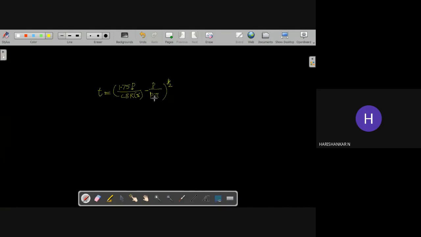So in this way, you can have an equation, and here capital P represents the wheel load, and small p represents the wheel pressure. Wheel load will be in kilogram, tyre pressure will be in kilogram per centimeter square. So in this way, it is the capital P and small p. You should not get confused. It is capital P and it is small p. Here it is also capital P.